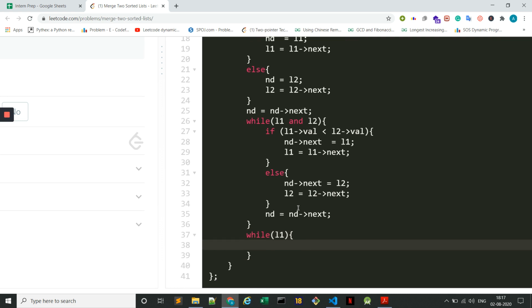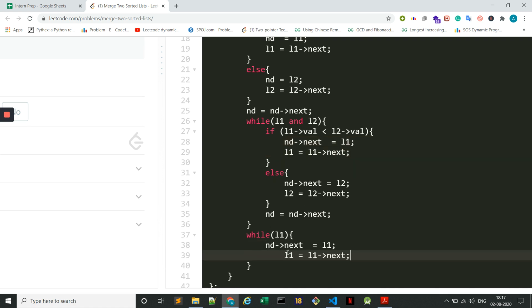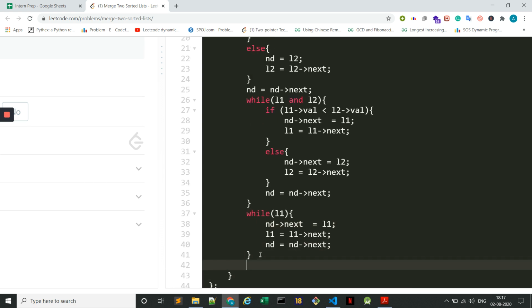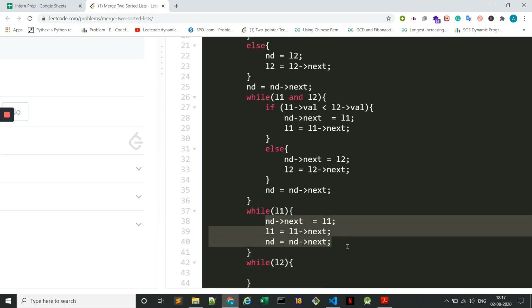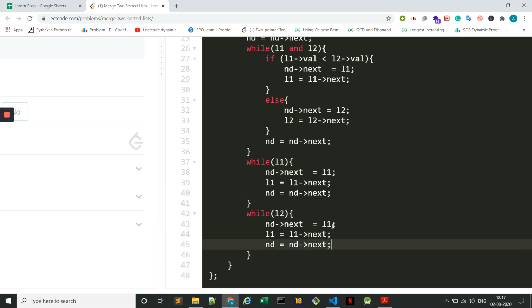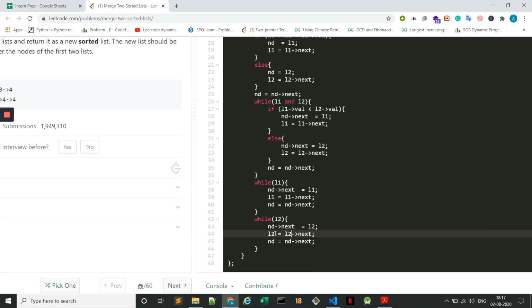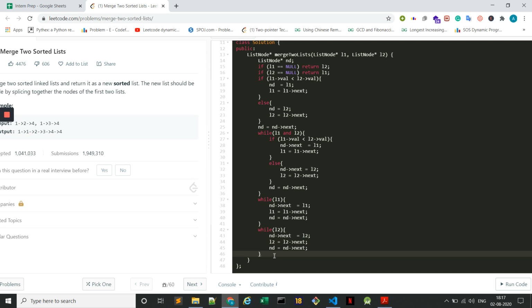Now if L2 is null or L1 is null, then what we need to do is, with the thing which we are doing with L1, we are doing it with L2.